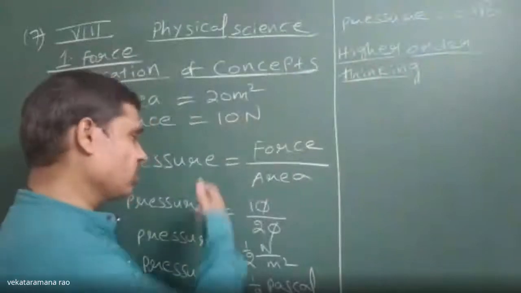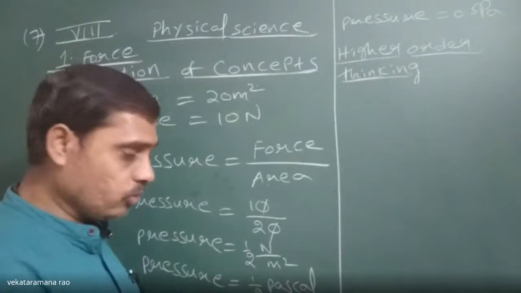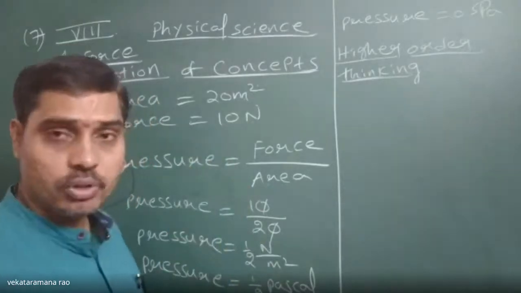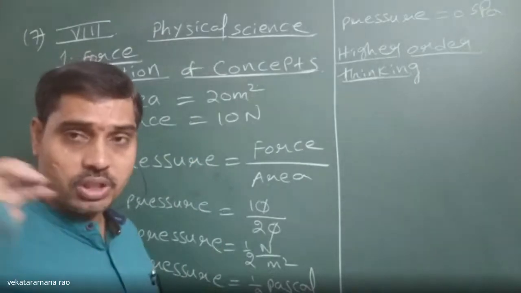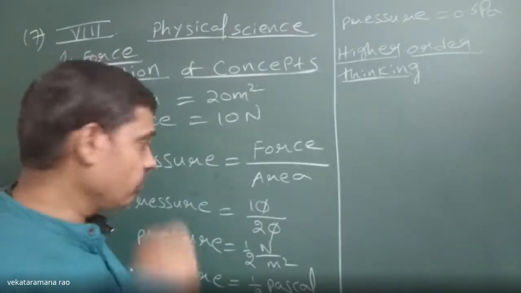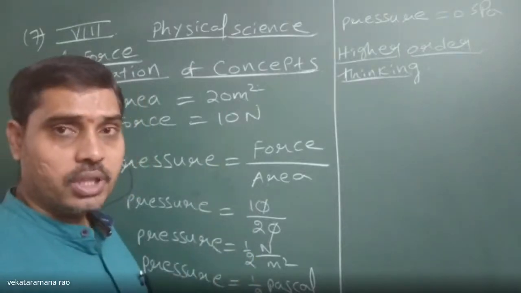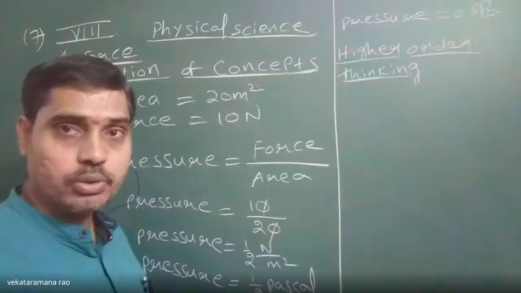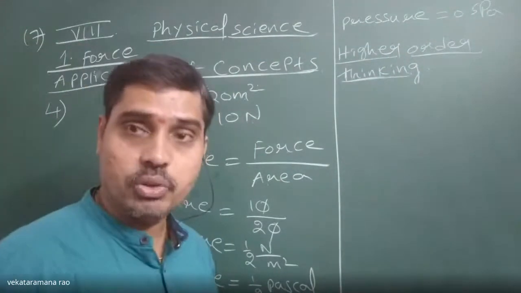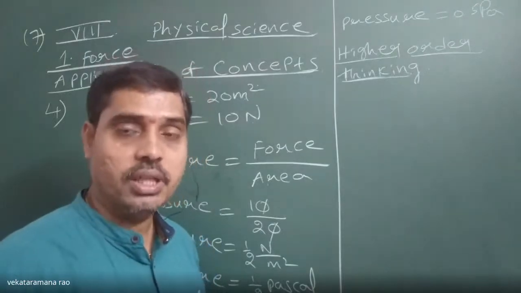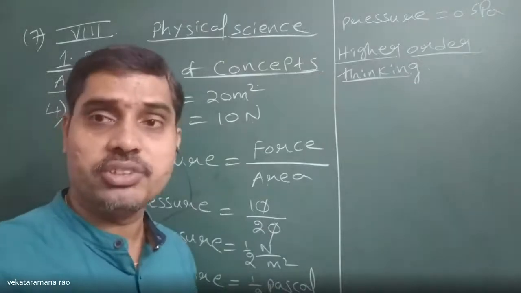That means many forces are acting on the board. Its weight is dragging it downwards. Normal force is applied by the floor, and behind this board we have a wall. The wall applies a normal force as we try to push the board towards it. All these forces are equal in magnitude but opposite in direction. As a result, the net force acting on this board is zero.